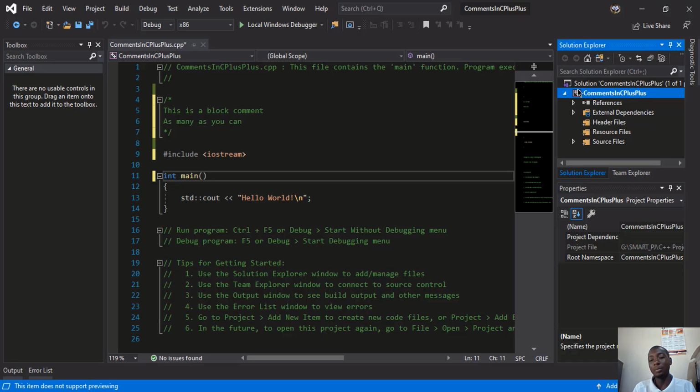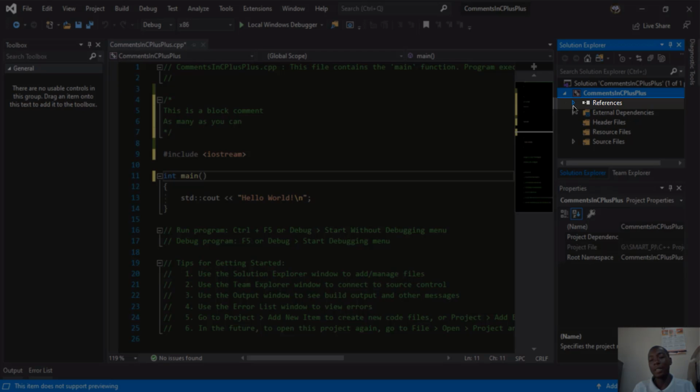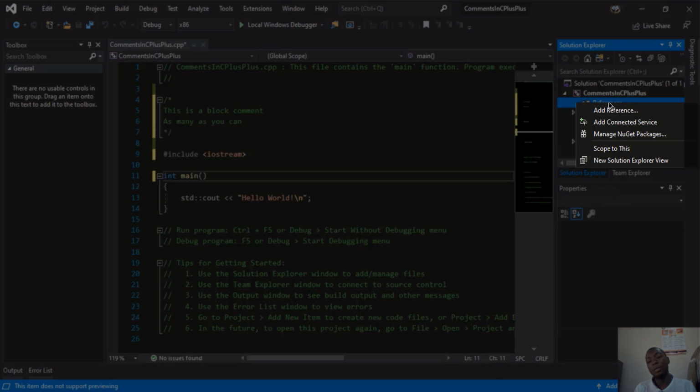And then you have references. References are maybe add-ons, maybe you want to use some other library, so you import it under this. You add it if you want to refer to some third-party